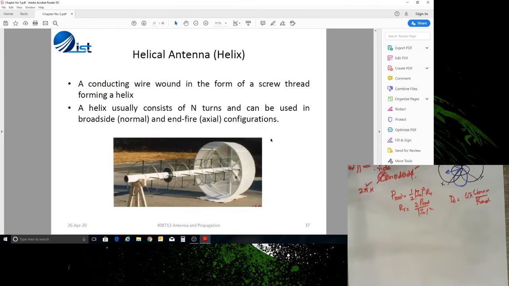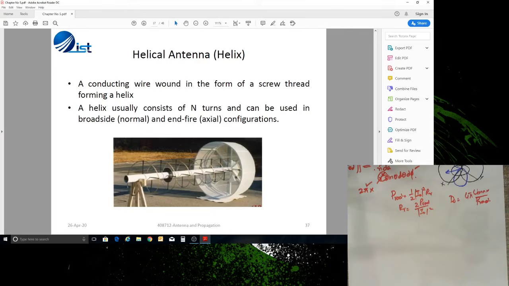So the last topic of today's lecture, and from this chapter number 5 as well, basically this is a topic from chapter number 10, लेकिन हम लोग जो है इसको कवर करेंगे in this particular lecture. So helical antenna या helix antenna जो होते हैं, these are actually a conducting wire wound in the form of a screw thread. तो जिस तरह यहाँ पे हम एग्जाम्पल देख रहे हैं इस एक helical antenna का, you can see कि ये जो लूप है